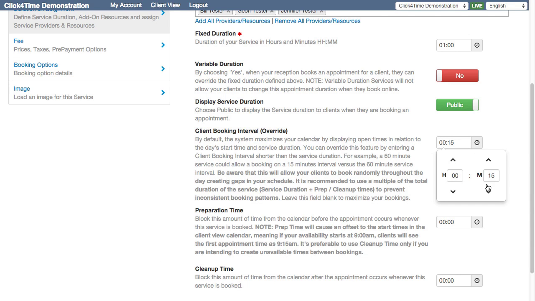Now this setting is not recommended, as it would allow your clients to book randomly throughout the day, creating gaps. So leave this set to 0 to maximize your bookings. Now, also worth mentioning is that this setting has no effect on bookings made from your company calendar.